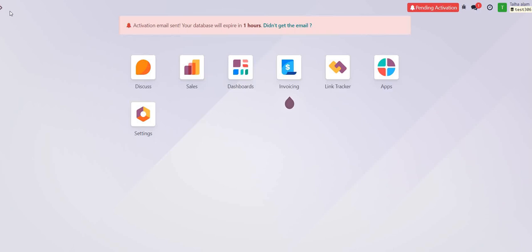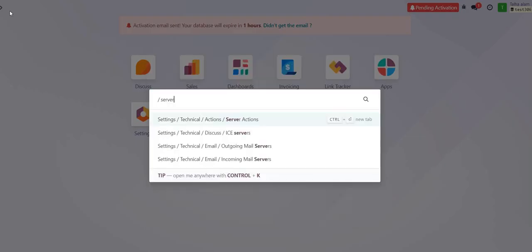We will learn about a new server action from which we can simply delete the records. Previously we have seen how we can duplicate the records from the server action. Now we are looking at how we can simply delete multiple records from the server action. For this, we just need to navigate to the server action,